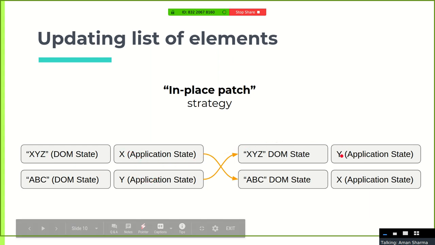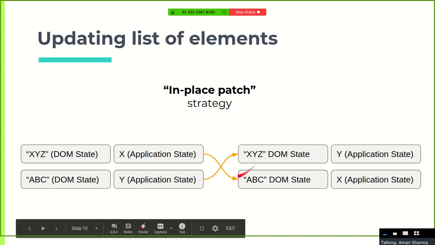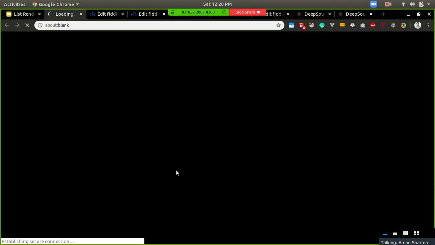Thus it will change the data of X and Y, but XYZ will remain the same, because those were not related to data at all. Those were temporary DOM states, not related to the application state at all. So now this is a problematic state. This doesn't usually come up as a problem, but still it's a problematic thing. And let me show you in practical what I mean.